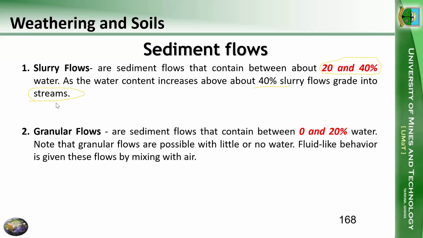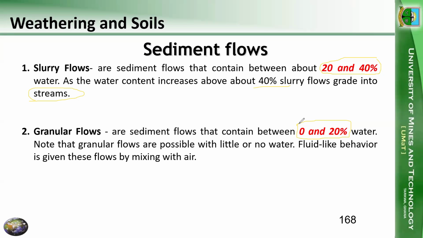Then we have granular flow. Granular flow occurs when there is absolutely no water in the sediment or up to 20% water in the sediment. Is it possible to have movement or flow without water? Yes. We could have a case where air acts like a fluid and you can see sand flowing like a river,